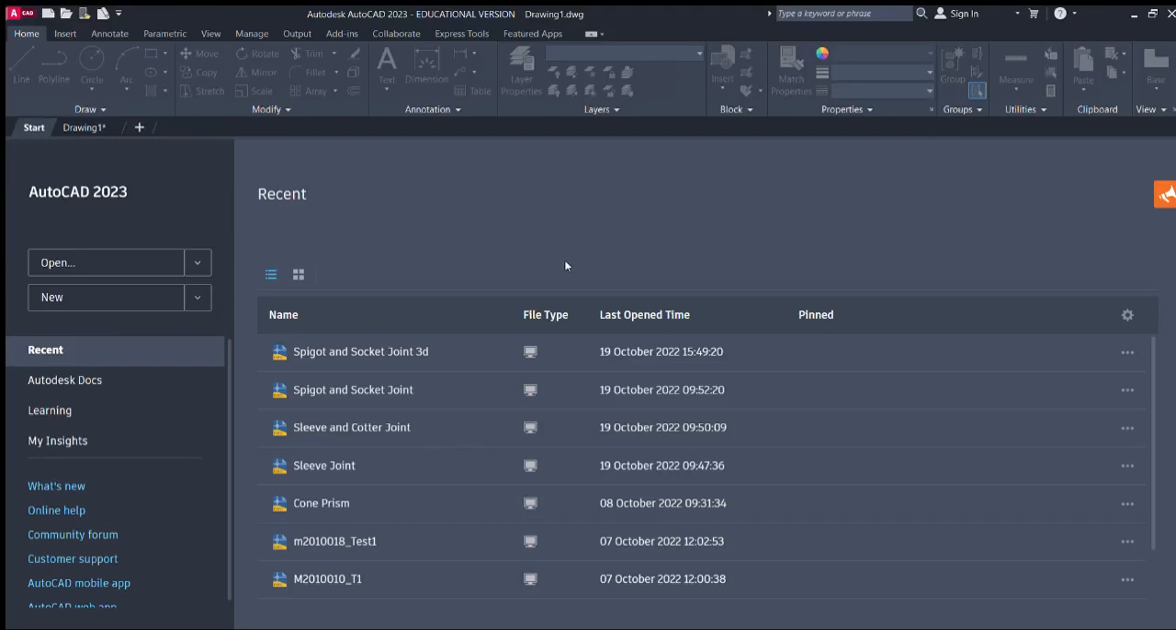Hello there. Today we will see how we can make the part drawings in AutoCAD, and obviously in the 3D modeling, and we will see the assembly of the spigot and socket joint in the 3D modeling of AutoCAD. So I will open a new window here